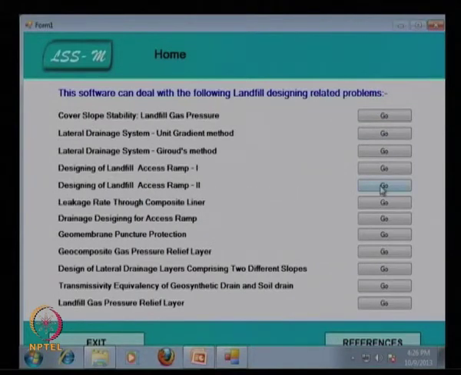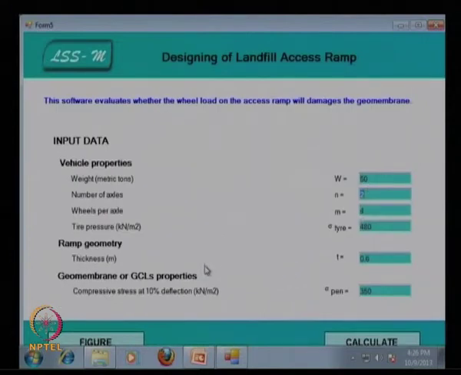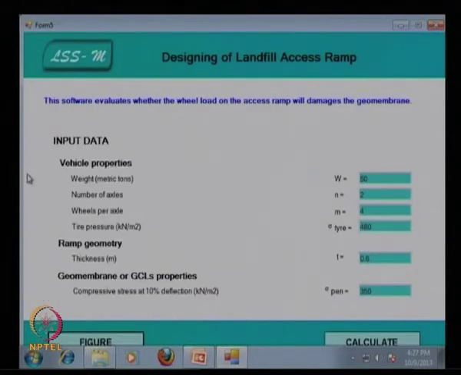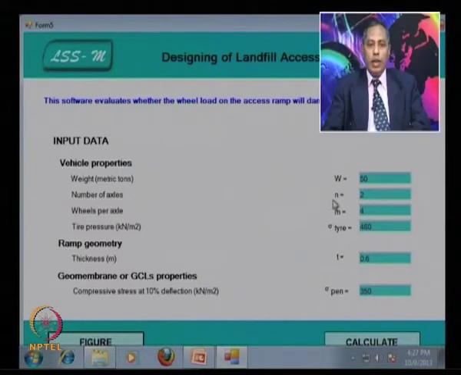Design for the landfill access 2. So, this is that it may be a ramp like this. So, these are the equations that have been used, and then the input data, vehicle property, that weight W is 50 metric tons, the number of axles is 2, and wheels per axle M is equal to 4, and this is the tire pressure,